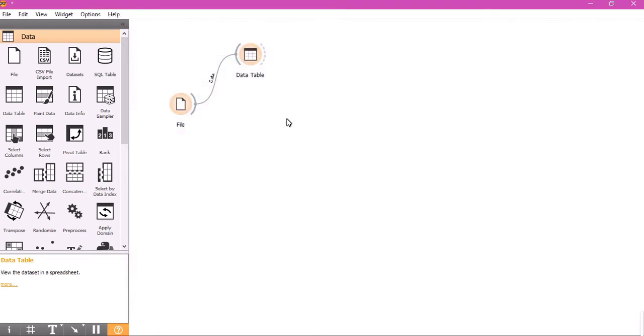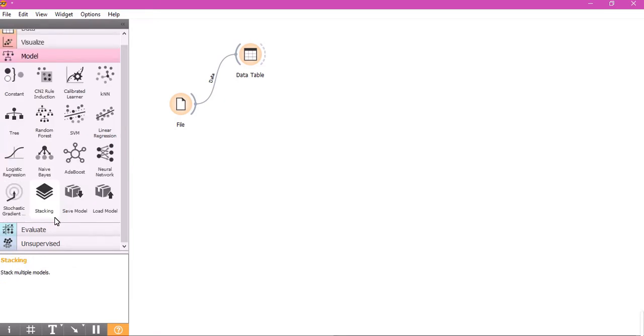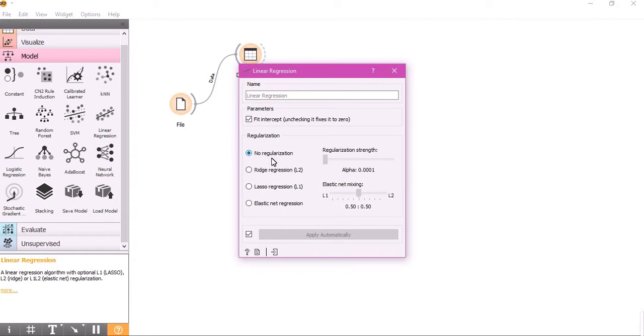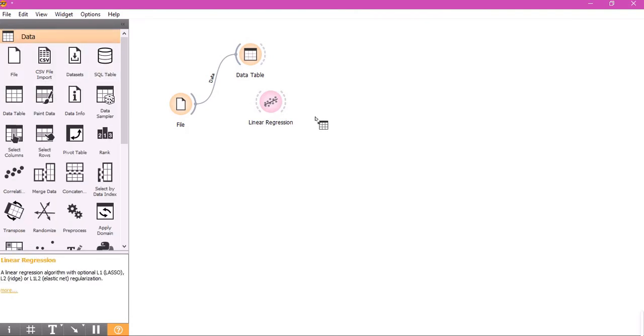Now we want to develop linear regression. Linear regression model is very suitable for continuous data. Drag a Linear Regression into the workflow, double click and choose no regularization. Drag a Data Table